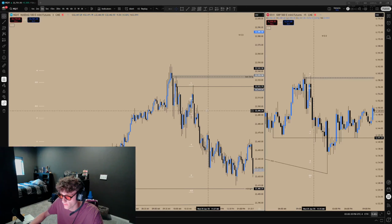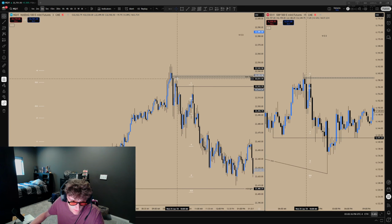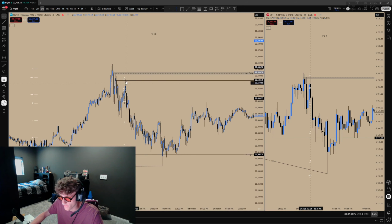What I was looking for, like we closed way below this, but then we were looking to inverse the first presented gap. And so I was like, okay, if we inverse the first presented gap, then we're gonna have more inversions on maybe the 2, the 1, the 3, one of them, and we could look for longs. I entered prematurely, took a loss. Then we project some more